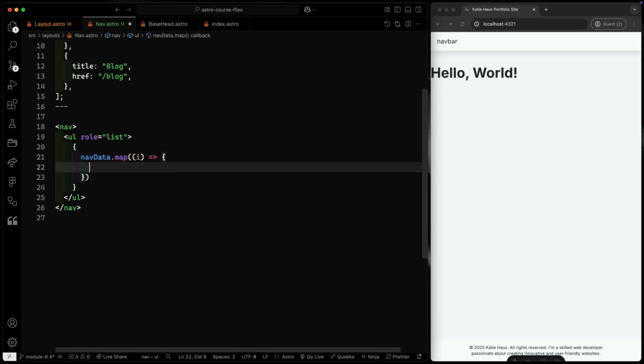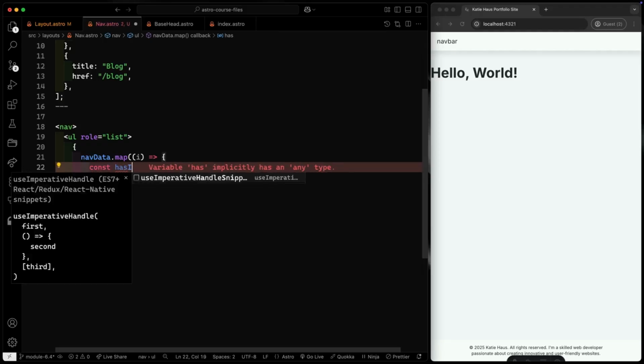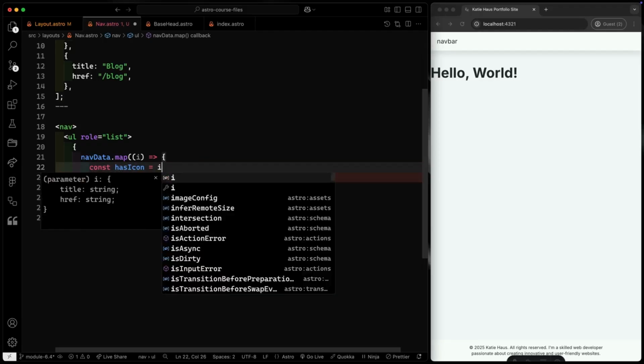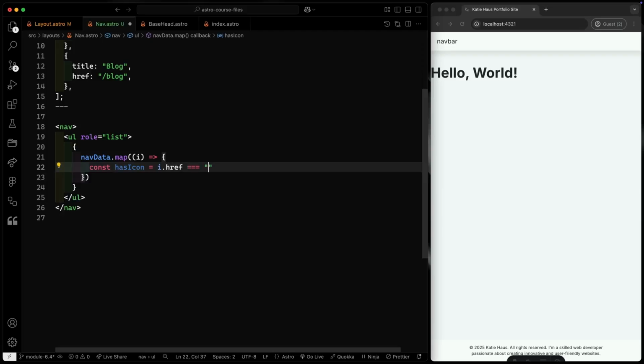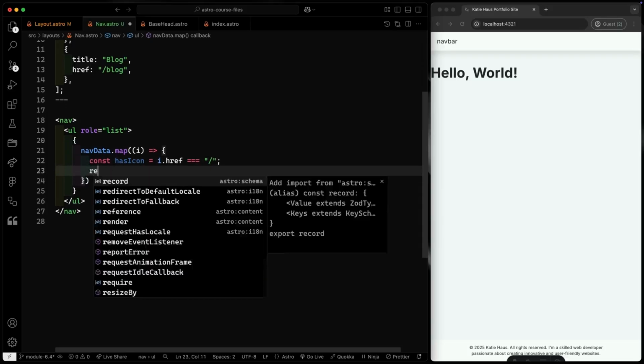So we can do a little test inside of here before we return, and that is I just want to see if it has an icon or should have an icon. So I could just say something like const hasIcon, and then we'll set this equal to i.href if this equals just the home route. Then I'll know if it has an icon or if it doesn't. Okay, so now that we've got that available in each of these iterations, I can go ahead and return here,